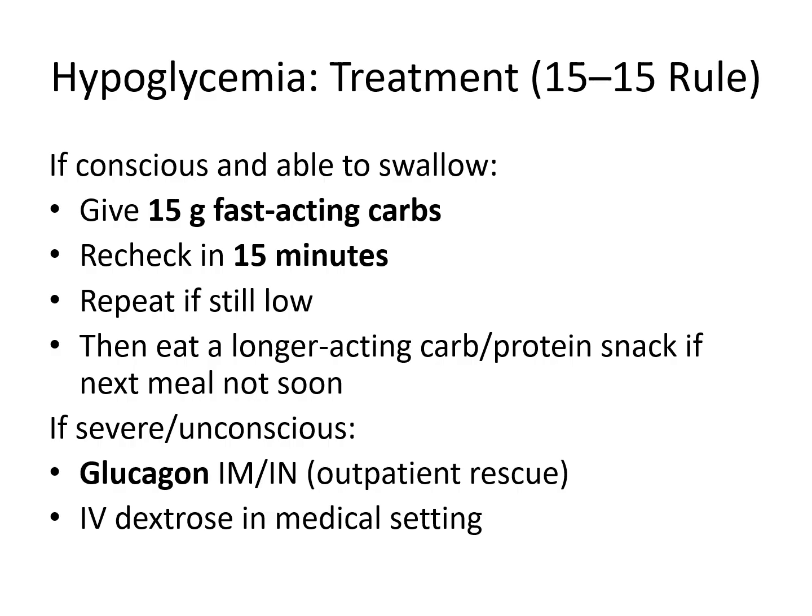So we give 15 grams of fast-acting carbohydrates. That might be something like a glucose tablet, orange juice, or regular soda, and then recheck the glucose in 15 minutes. If the glucose remains low, we give another 15 grams. Once you have a normalized glucose, if the next meal is not soon, then the patient should eat a longer-acting carbohydrate with protein. So peanut butter with crackers, something that combines the, again, longer-acting carb and the protein